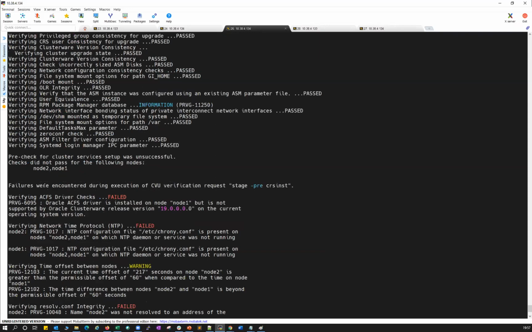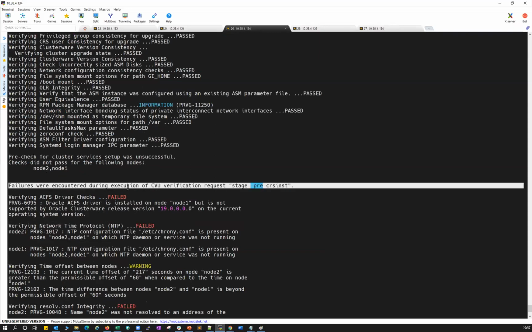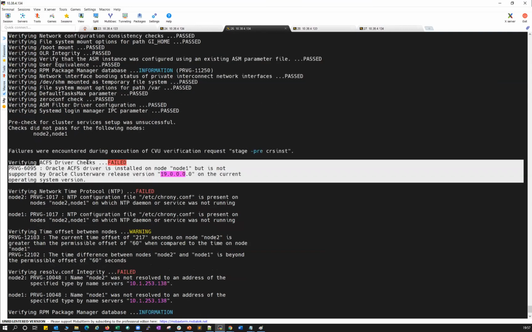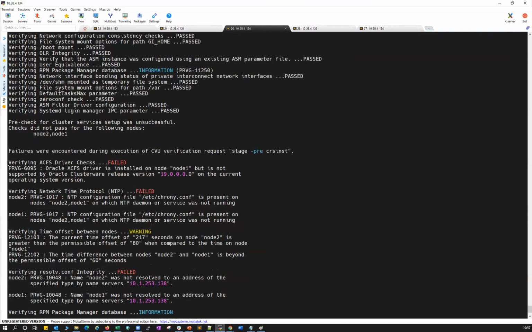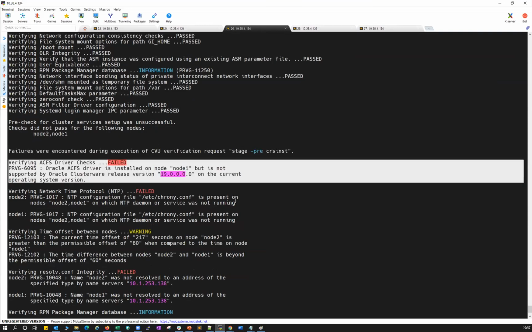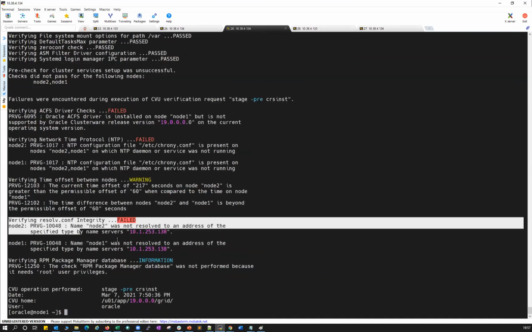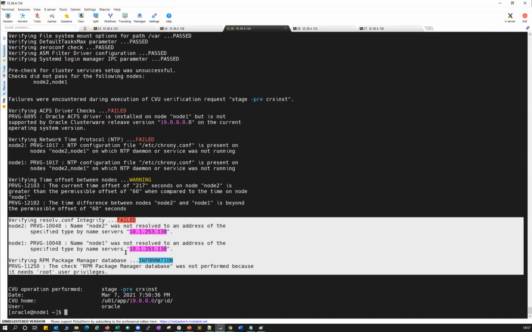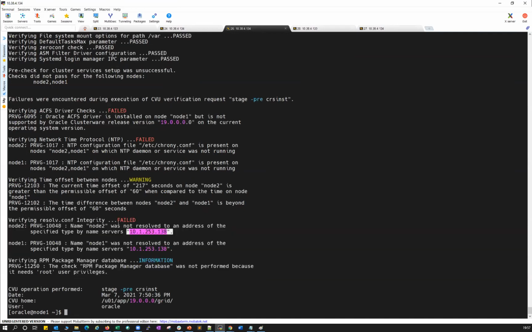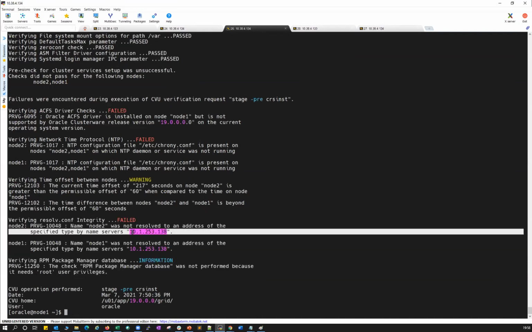You can see, right? This is a summary. The failures were encountered during execution, and the first failure is about ACFS driver, so I can ignore that. And the second failure is about NTP. I can ignore that because I'm not using NTP. And the third failure is about this particular network. So this network I'm not using it.